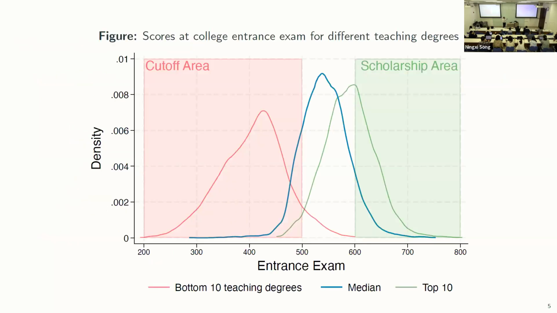And why was take-up low? Here I'm plotting the distribution of the test scores at different teaching programs. The green area is the score you need to get in order to get the scholarship. And the red area is the score where you will be crowded out from teacher programs that take this policy. For the top 10 teaching programs, the take-up decision was quite straightforward because they had barely any student who scored below this cutoff. So within this top 10, even the top colleges, the effective cutoff